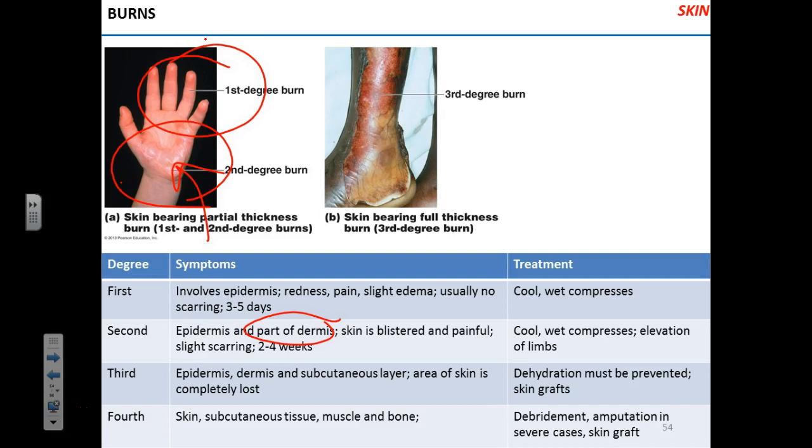Now, third degree burn is sad because that's when the tissues die. Epidermis and dermis are dead. Parts of the subcutaneous area are affected. Okay, so skin is totally lost. You can see the third degree burn here. Skin is not recovering. In third degree burn, the patient has to have a skin graft,